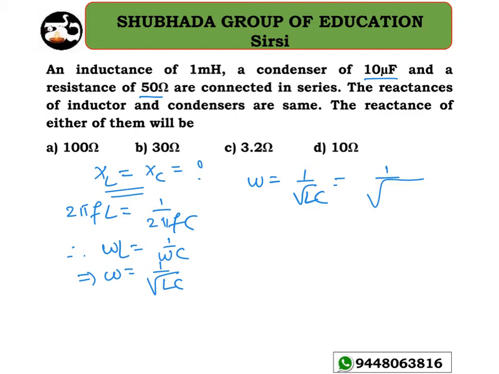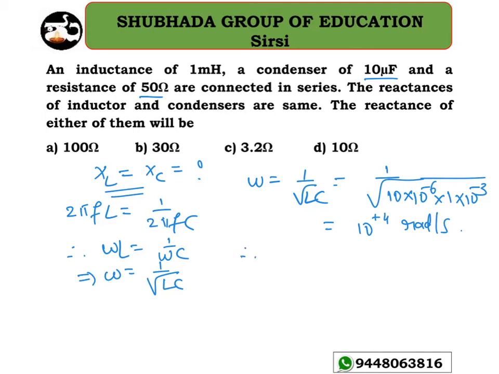So that's the reason why I will get the value of omega here as 1 divided by square root of L into C. L is given as how much here? The inductance is 1 millihenry, and the capacitance is 10 microfarad, 1 into 10 to the power of minus 3 here. Okay, so this will lead you to get the answer as 10 to the power of plus 4 radians per second. Okay, radians per second. I got the value of this omega.